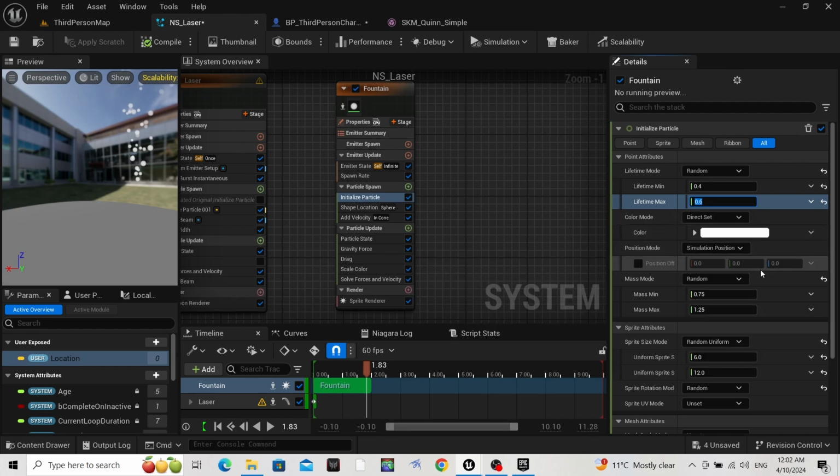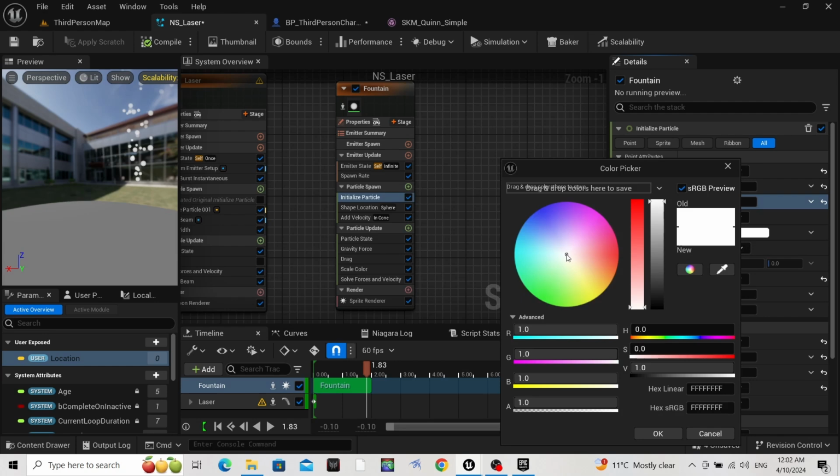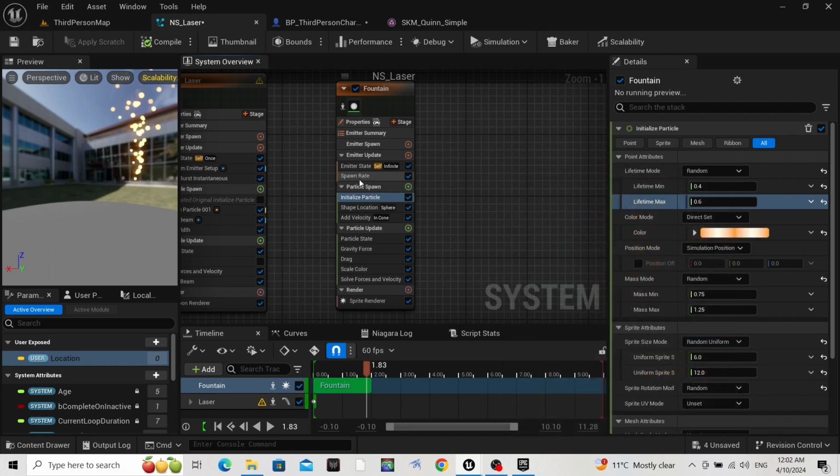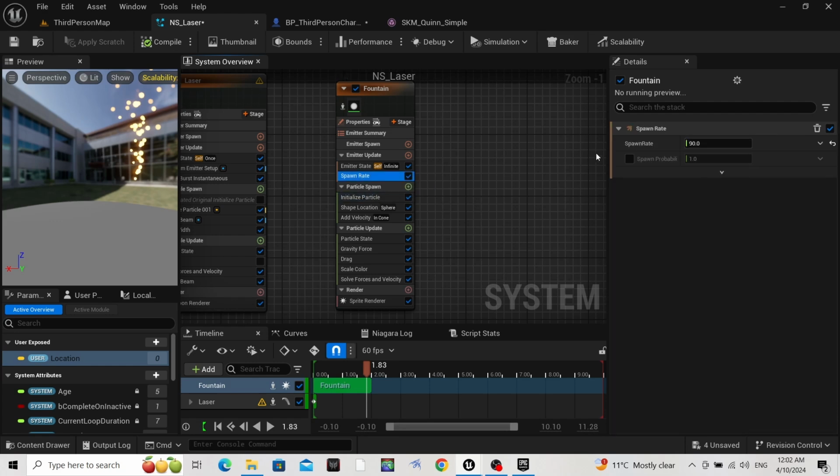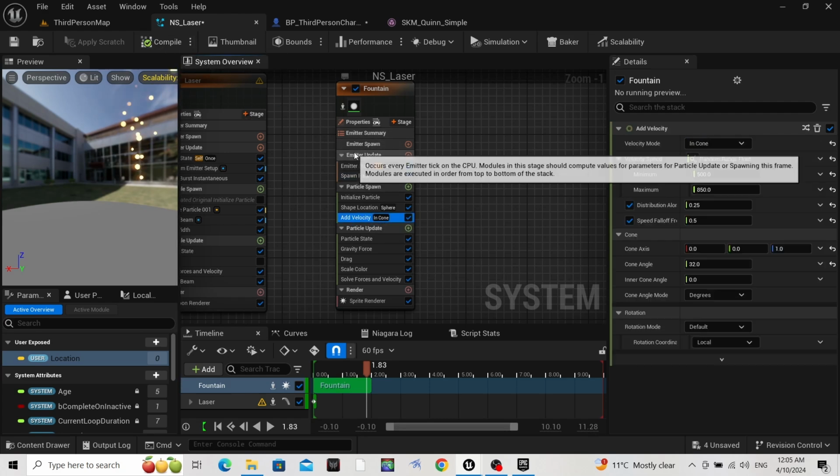I'm going to select the color, change it to brighter reddish, make the brightness 50, and then we're going to spawn rate. I'm gonna make this 40, compile, and then I'm going to